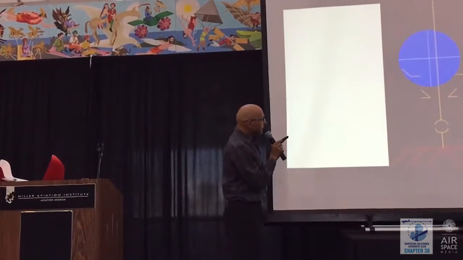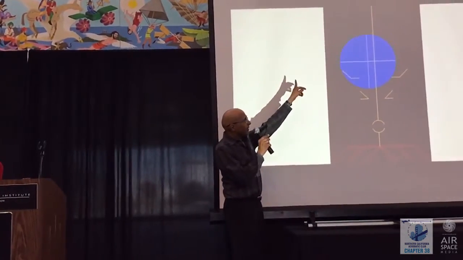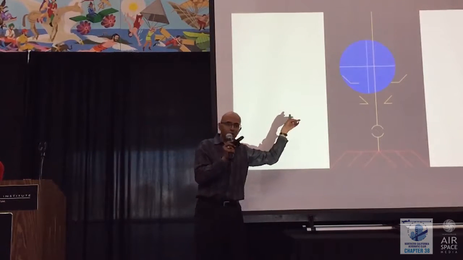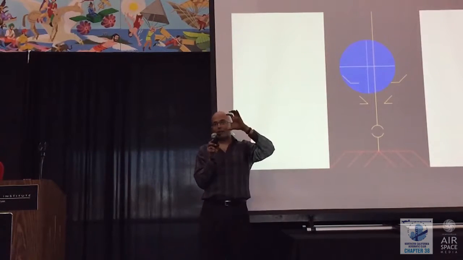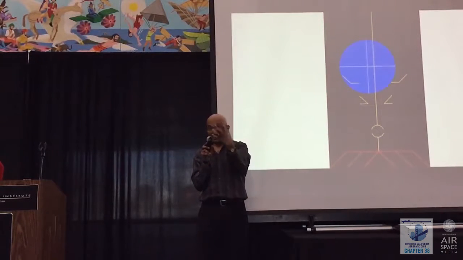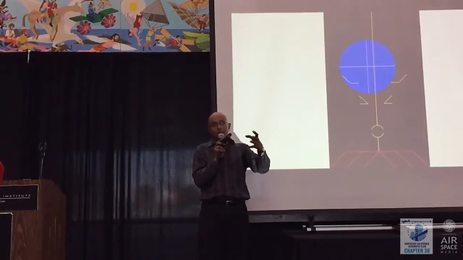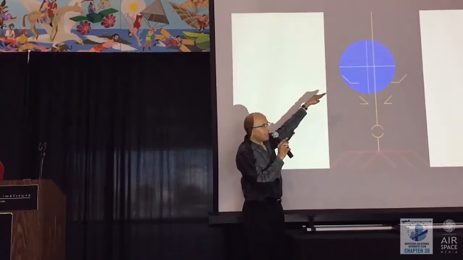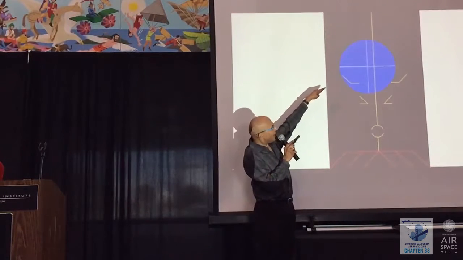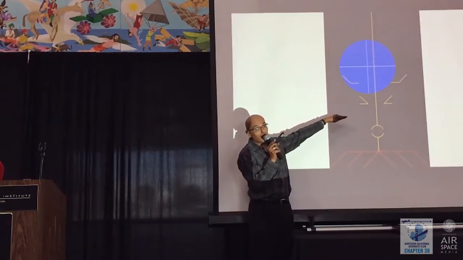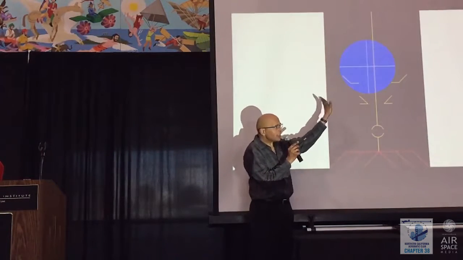So, this ball has a diameter that's proportional to the indicated airspeed. For the cognoscenti, this means that the area of the ball, which is what your eye perceives as the bigness of the ball, is proportional to dynamic pressure, which is what actually creates lift. It moves up and down with angle of attack, so as the angle of attack increases, the air is coming from below, so it moves down. And it moves left and right with side slip.